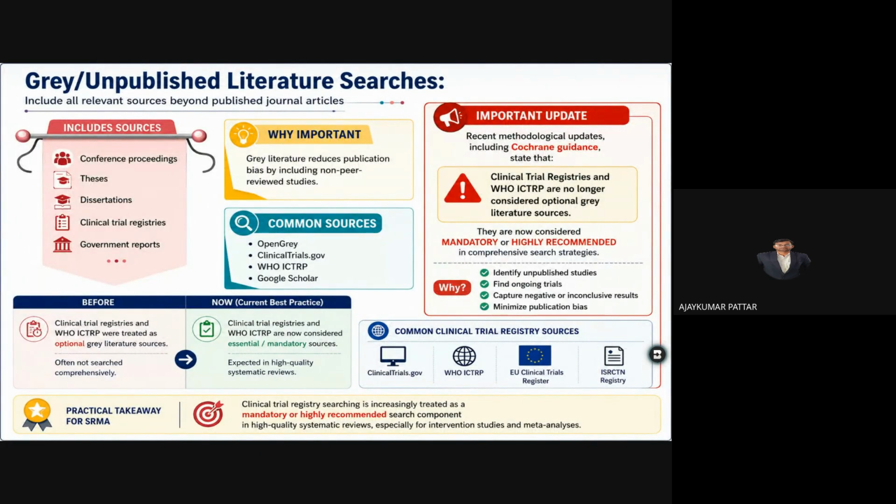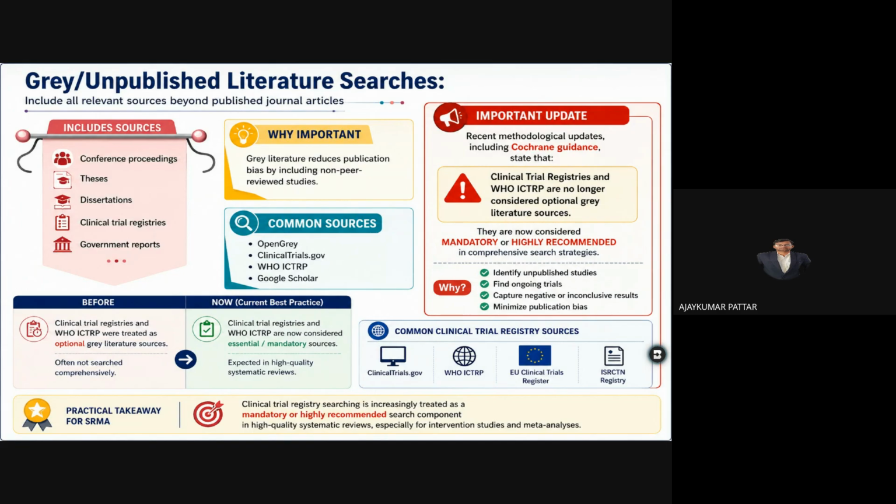Then gray or unpublished literature search. So what is the meaning of gray literature? It will include conference proceedings, theses, dissertations, clinical trial registries, and government reports. Initially, these things are considered gray literature. It is important to search the gray literature because it will reduce publication bias. Common sources of gray literature are OpenGrey, ClinicalTrials.gov, WHO ICTRP,